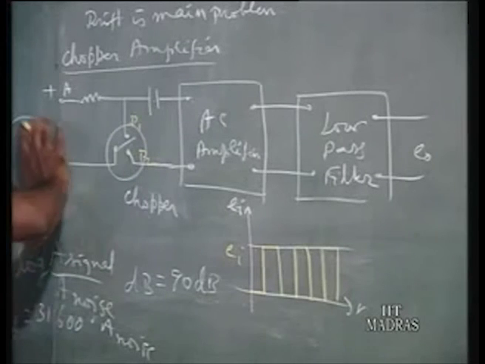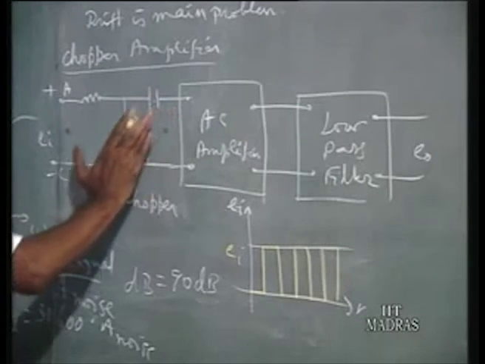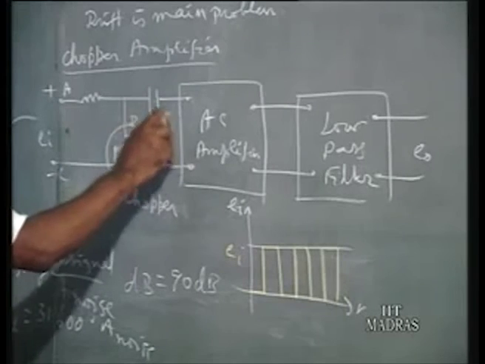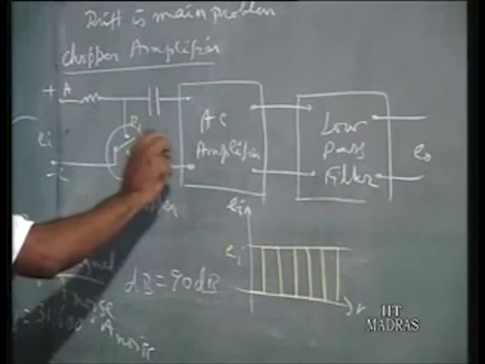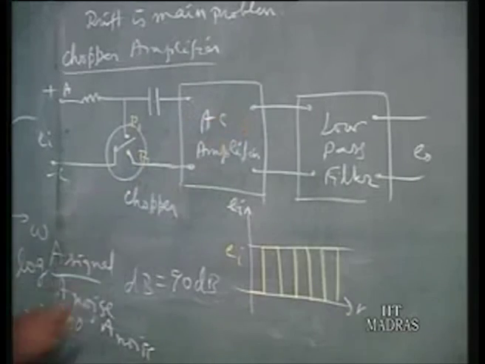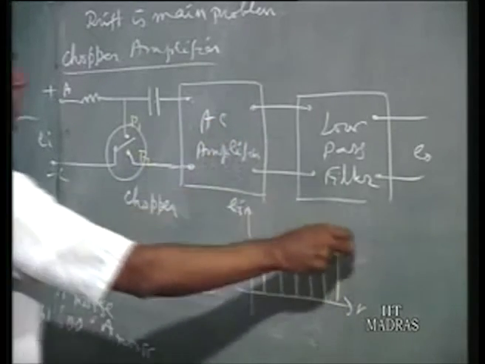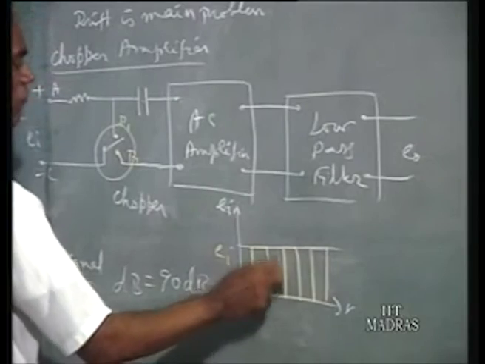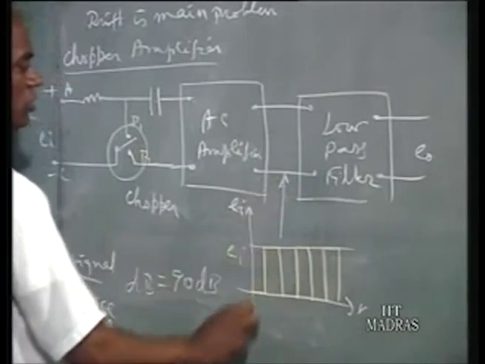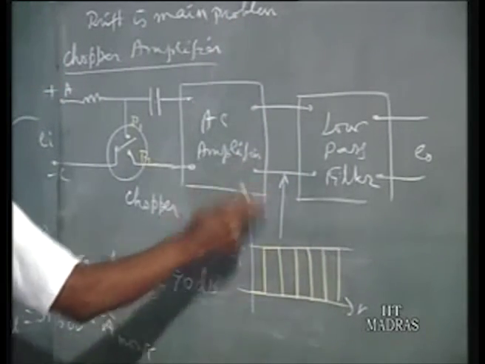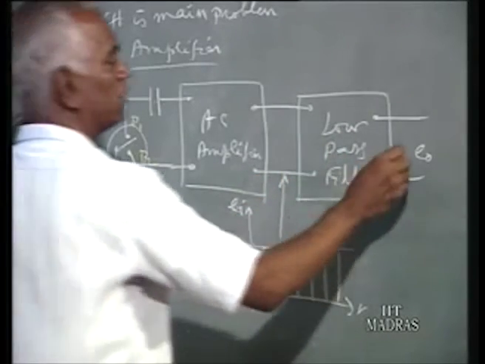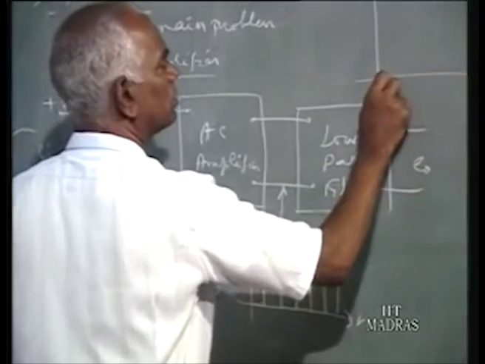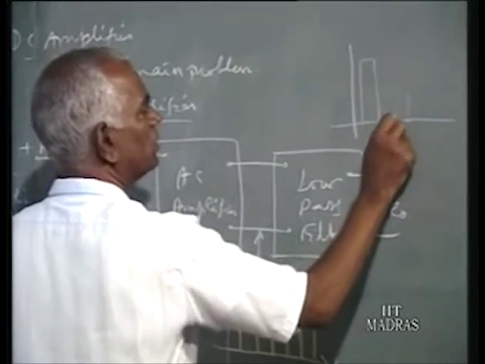So we find converting the DC into an AC signal by using a chopper, and then using a capacitor, only the varying component alone will go through. Now the AC amplifier is drift free. So we are getting the same waveform here also, but increased, say 100 times, the magnitude is 100 times increased. Then when it comes to the filter, you find these variations